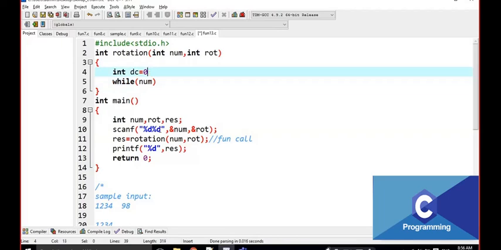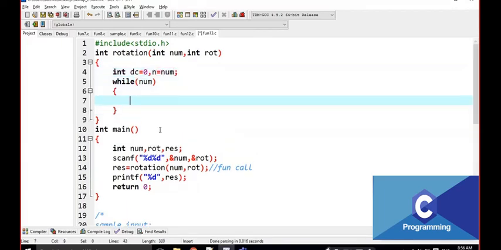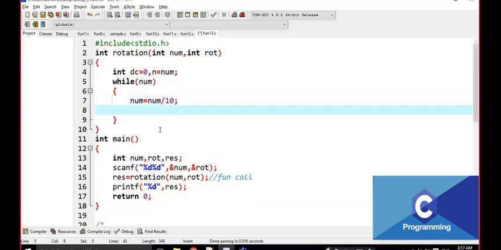I am going to take one copy also here, n is equal to num. Num is equal to num by 10, and digit count plus plus. That means it is going to give how many digits.